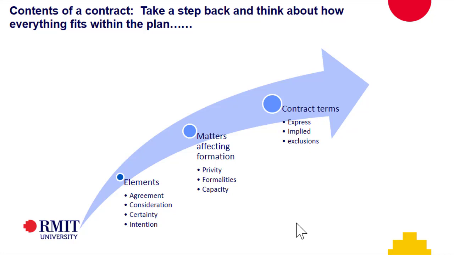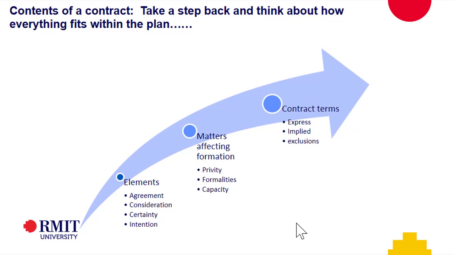So, before we get too far in, once again, I just want to take a high-level view. Before we examine this particular section of the jigsaw puzzle, let's stand back again. The way that we have approached this course so far is we started off down the bottom of this arc, thinking about what the elements are, what we needed to have a properly formed contract. And then we've moved through, and in the last couple of weeks, we've discussed a number of elements that can affect that formation, that don't go to whether we have a contract or not, but go to whether or not that contract might be enforceable.